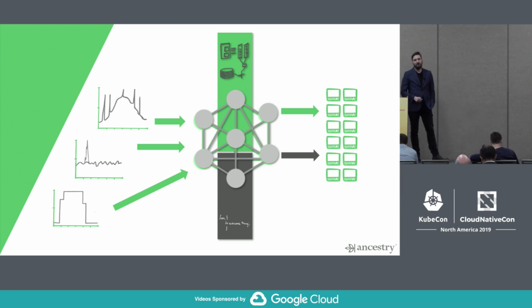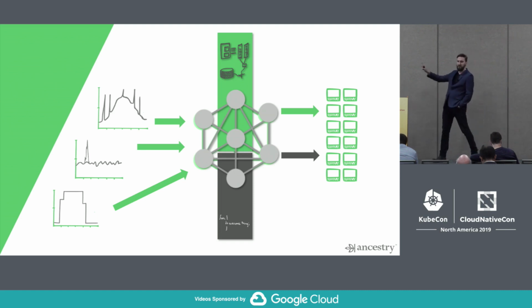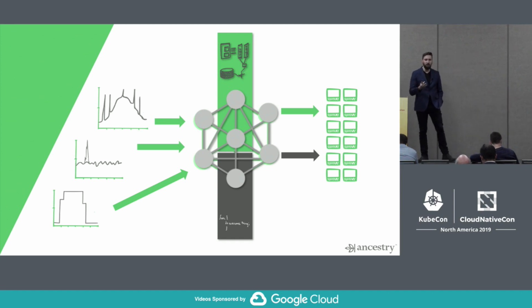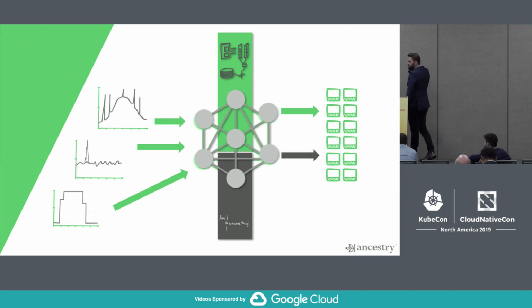But the idea here is that at a high level, we connect our monitoring to the machine learning algorithms and AI to process what the system is doing and then make changes to the system at faster rates than humans can, right? Like, you can do it. There's no issues here with any engineer doing this, except that our problem at Ancestry is that